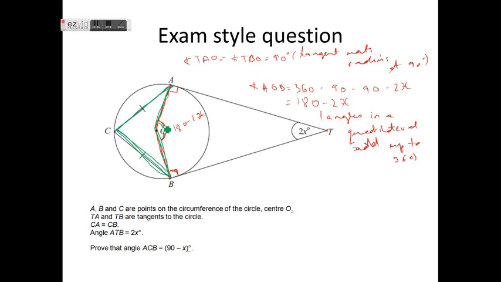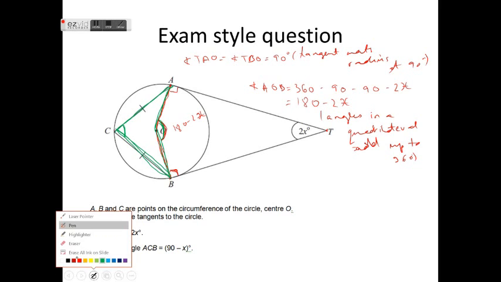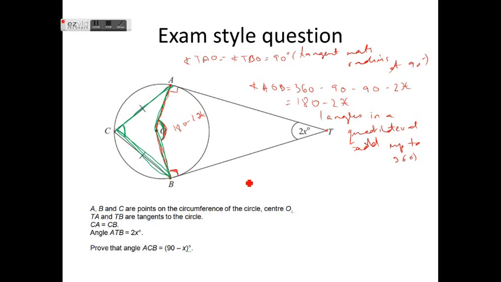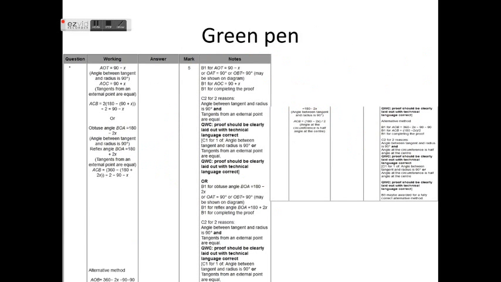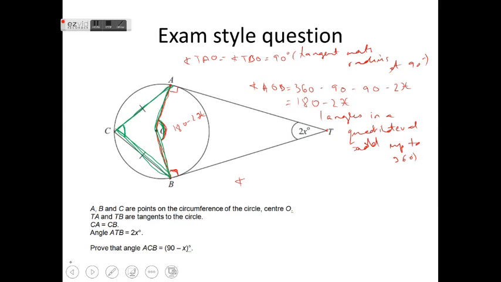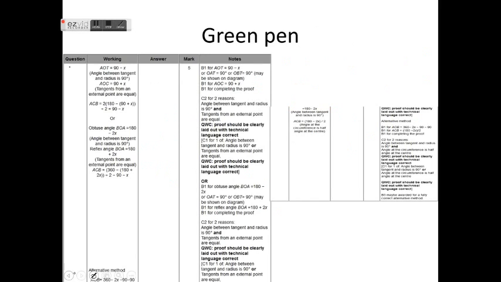Anyways, in this shape here, I've got the center, I've got a point on the circumference, and I know that the angle at the center is double the angle at the circumference. So I can now tell the examiner